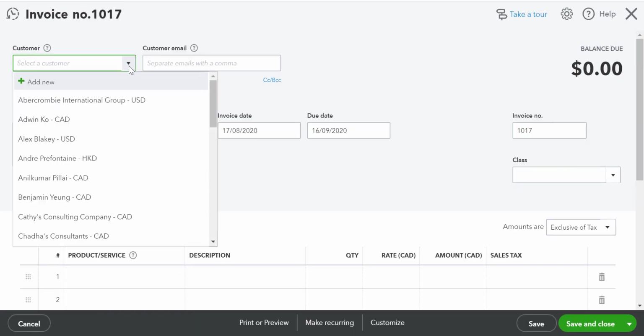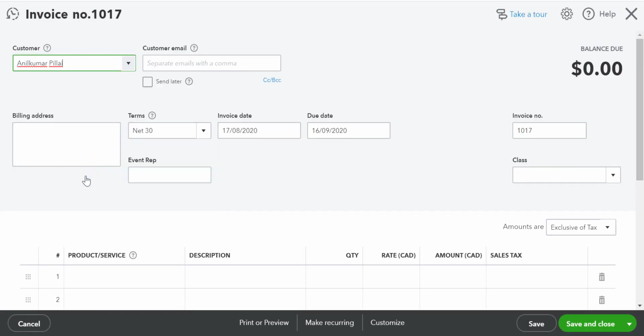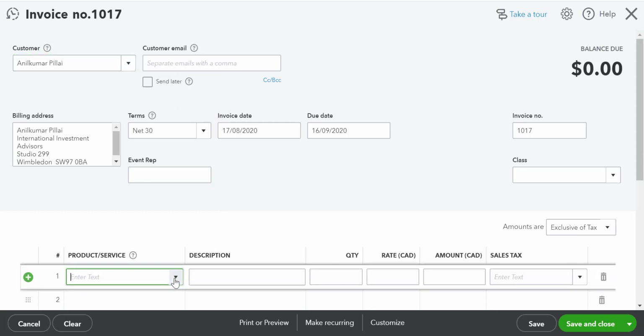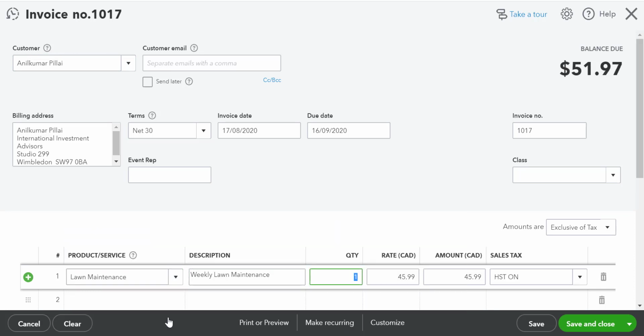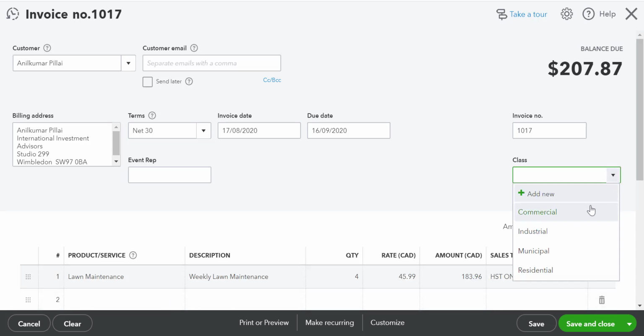Complete the invoice as usual. Enter your invoice date, and then enter our product or service. Finally, we'll add our class. In the header portion of the window, you see our class. We'll click the drop-down, and we'll choose